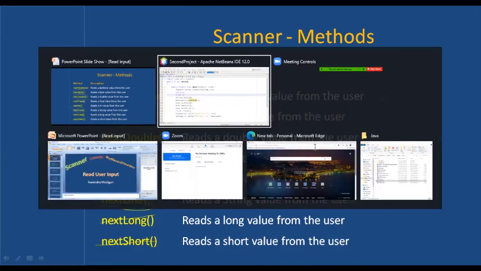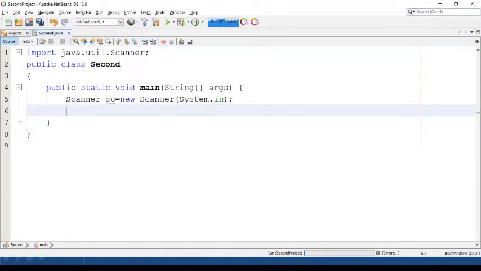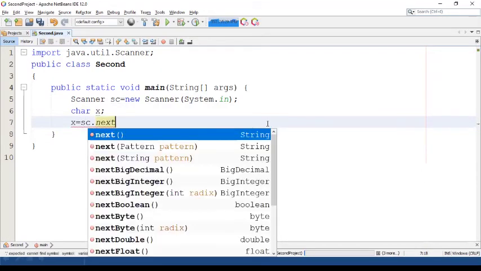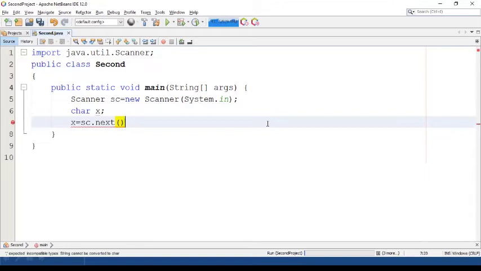Then how to read a single character by using scanner class? So what you have to do is, you have to read as one word, and from that one word you have to extract a single character. Let's say the character variable is some X. There is no separate method for reading a character. So what you can do is, you have to read as a word, as one token. From that one token, you have to extract the first letter.